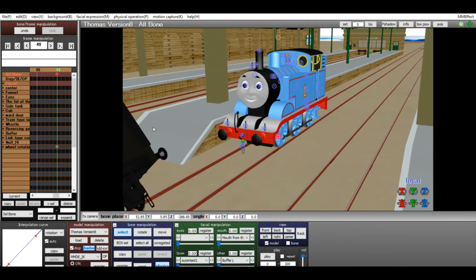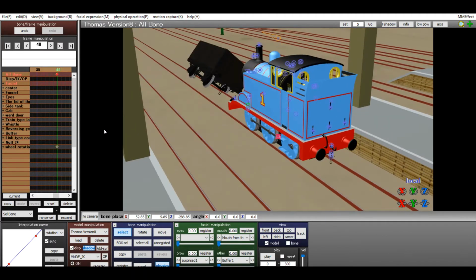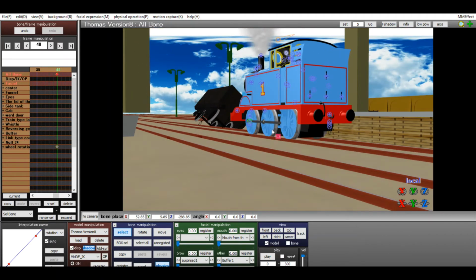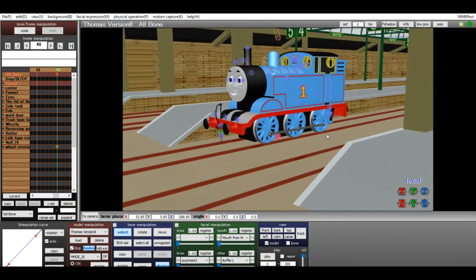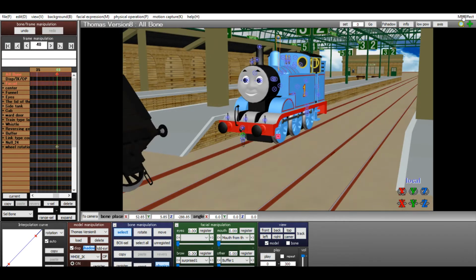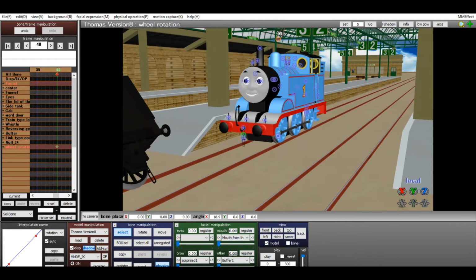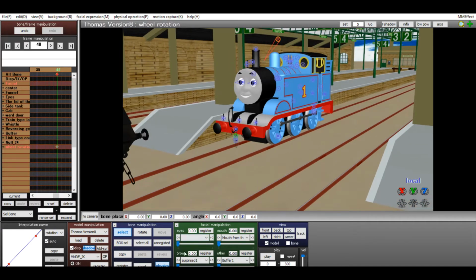Okay guys, I didn't do the animation. I registered that car there. I still need to register Thomas. But I started up the recording because I forgot to establish something and I don't know why Thomas's wheels are moving. There you go. But anyway, I want to establish